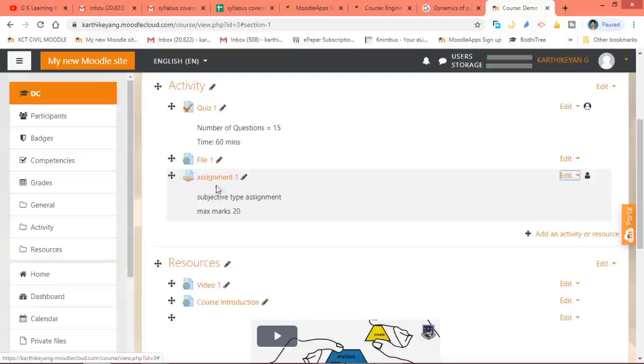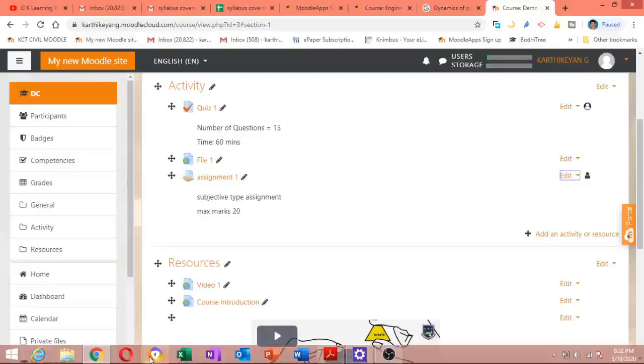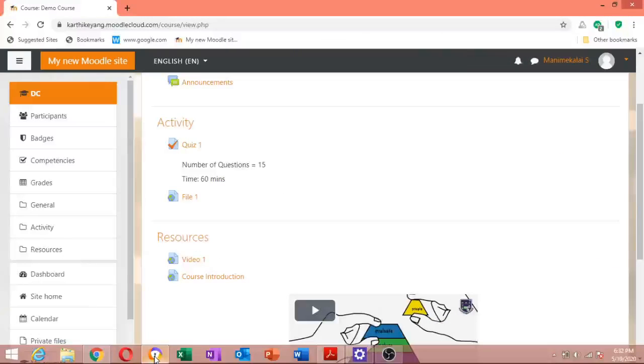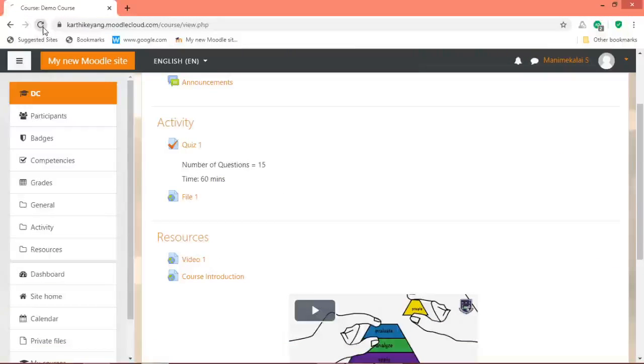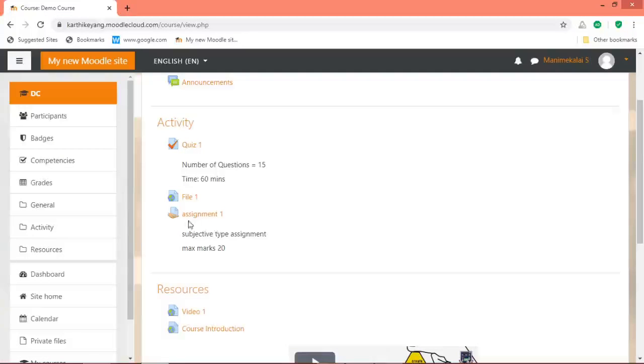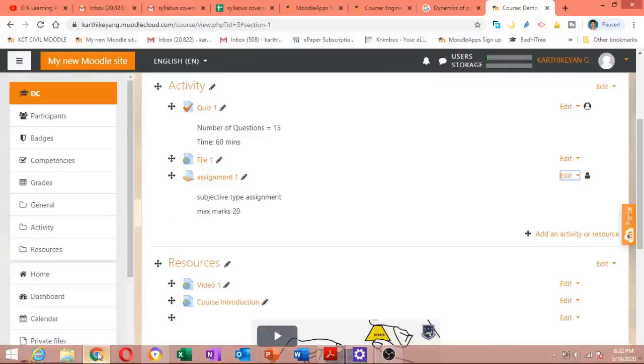Now it will be visible. Again I am going to check in the student account. I am refreshing the page. See here, there is an assignment 1. So this is the assignment for the student. Okay, so this is how to create the assignment in Moodle.